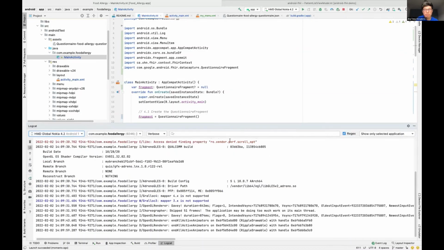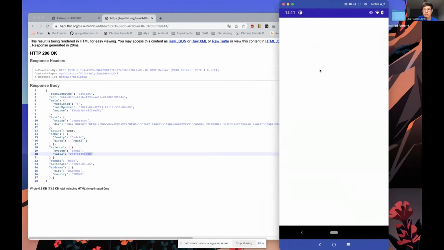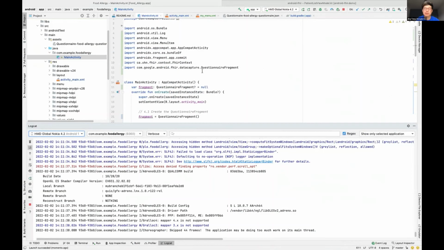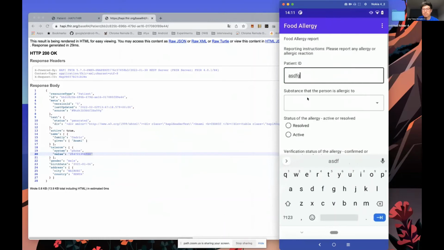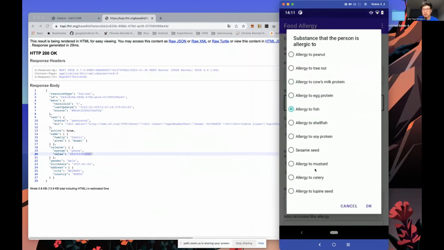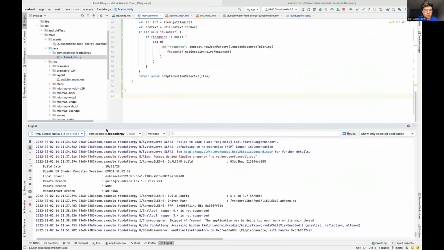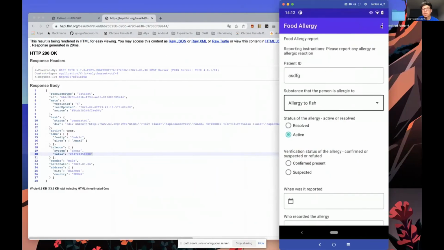Hopefully, I will be able to show you how I can collect the response after the questionnaire has been filled out. So the only thing that I really had to do in the file I just copied and pasted is actually adding this submit button here. So what I'm going to do is I'll just fill out a few things, and then I'm going to click this dummy submit button. But before I do that, I'll make sure the logcat window is open and running. So if I do click submit,